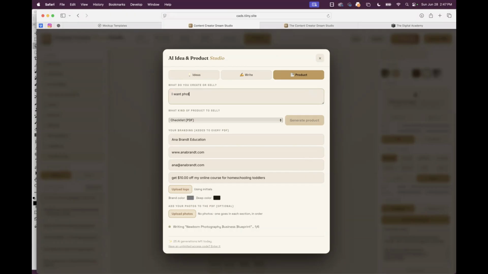I want photo ideas for my newborn that I can do at home for the next 12 months. Because what about all those clients that you're photographing these beautiful newborns, as much as they love you, are they going to come to you every single month for a photo session? No, they're not. I remember during COVID, I did a free how to photograph your newborn at home. I had 6,000 people log into that free event. And let me tell you, they weren't all photographers. I've actually had clients come to me going, when you did that free course, I watched it. I actually photographed my baby at home and it was the best thing ever. And they still came and hired me.